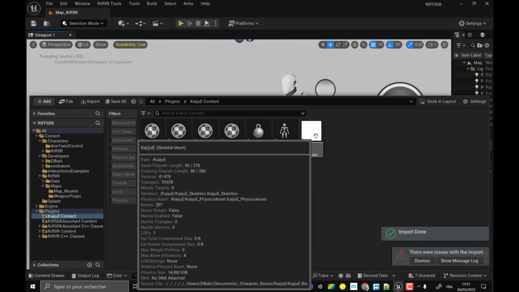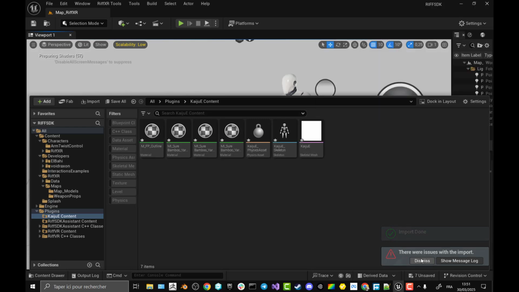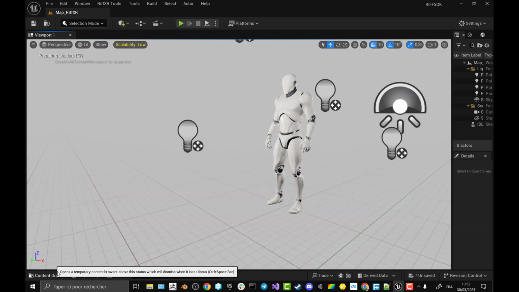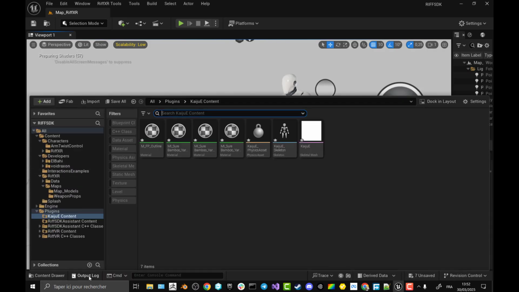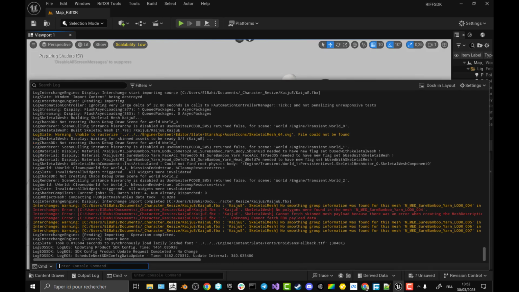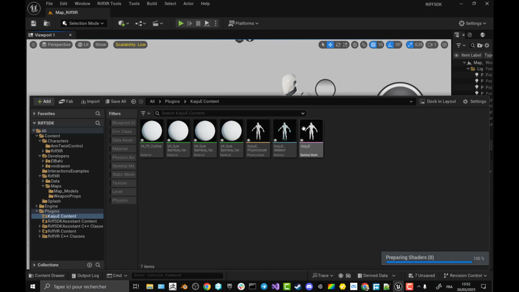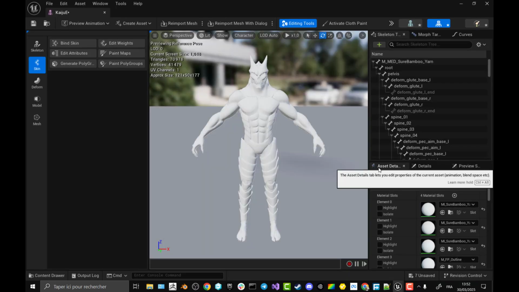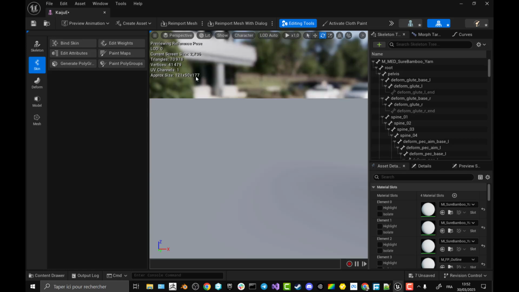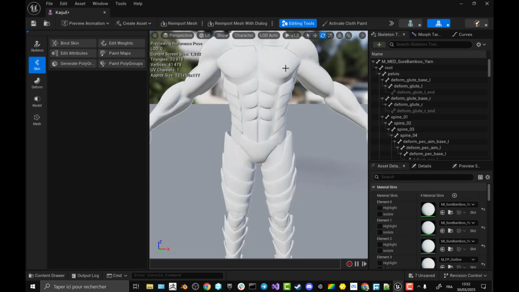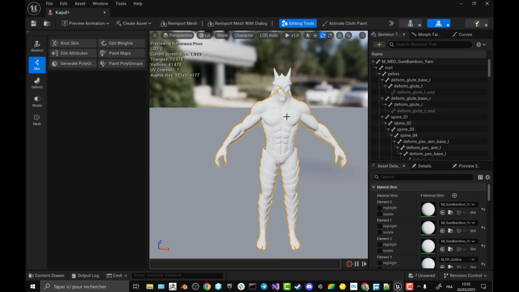So we can see that the character already has some issues maybe. Let's see what happens. So there's some polygons, no polygon fonts. Okay, we do have some issues, but let's continue. Let's see what we have. So this is the character. It has something like 1.77, which is a little short, and there you have